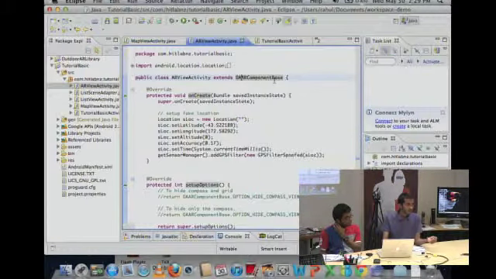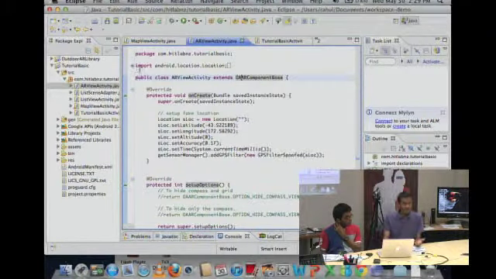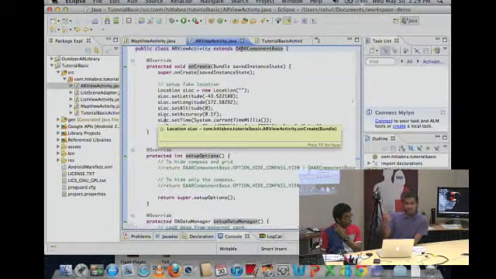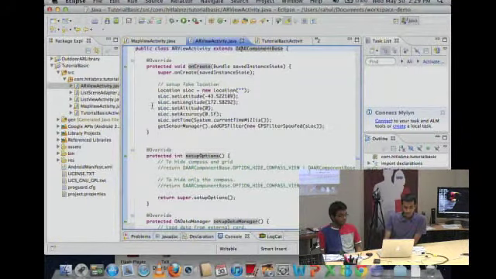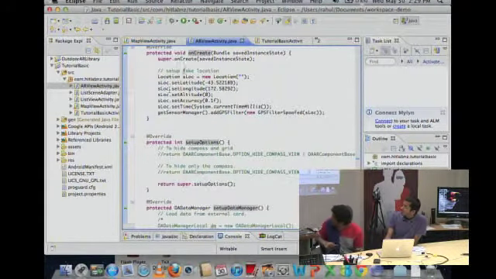You just need to inherit this particular parent class, which is in the outdoor AR library. Once you do that, you implement all the unimplemented methods, and the easiest way is what we have done here. This will give you some idea. So this is how you set up the fake device location,